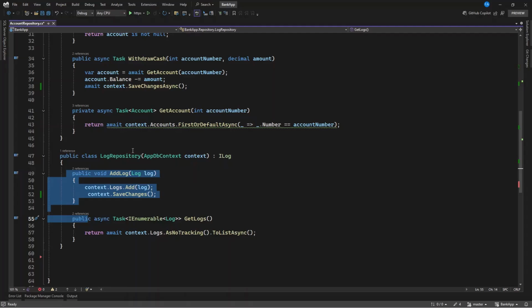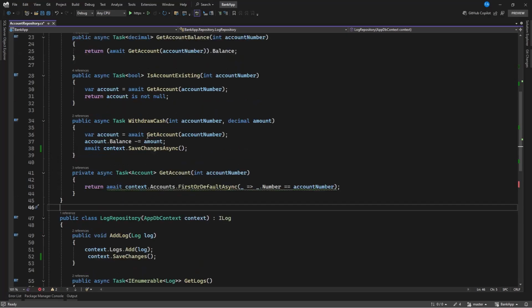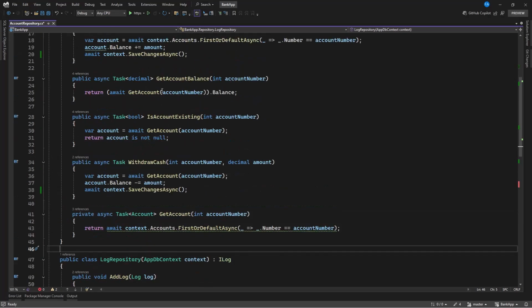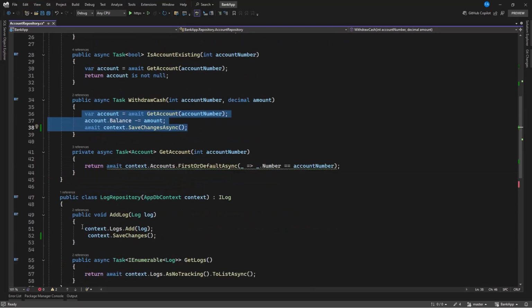Now with this, there's an issue here. You can see we are not implementing database transaction. Now let's assume here if a user comes in and tries to withdraw cash. Now this operation succeeded, so it has been saved. But when it comes to this logging, it couldn't. This place succeeded, but this place isn't. Now, since we are having DB context, it's going to execute it and persist the changes while this is having